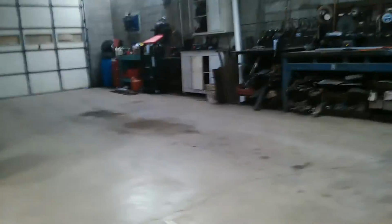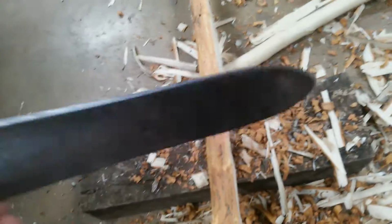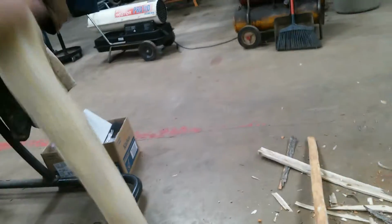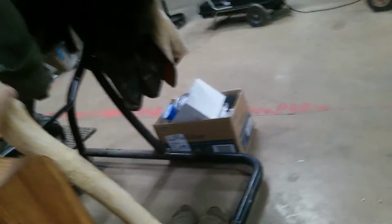And I am doing everything with this machete. I have no other tools around here. I am in my boss's shop, but as you can see, we're more of a mechanic shop, and he doesn't mind that I do this as long as I pick up my mess. Just real quick, I was making these walking sticks, but I've been using this as a baton to hammer through the staves. And they turned out pretty cool too. But anyways,